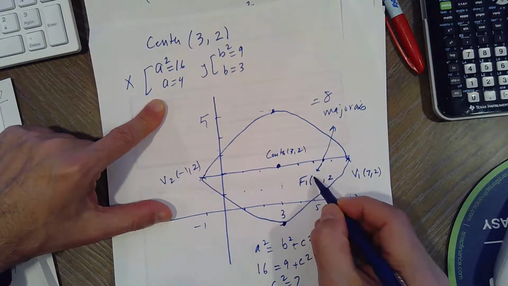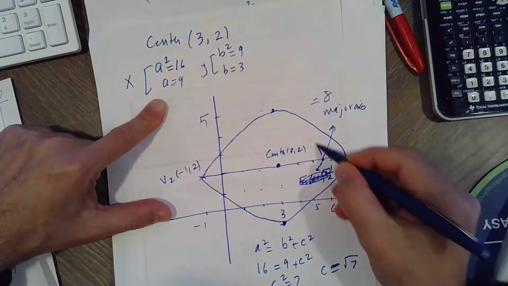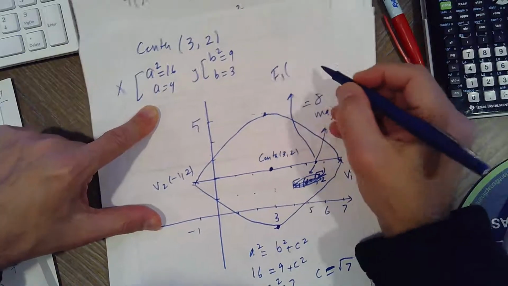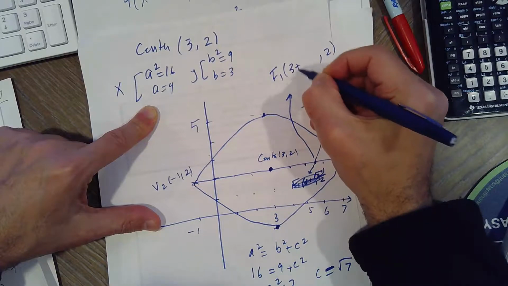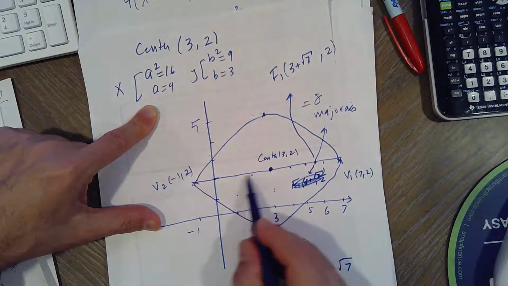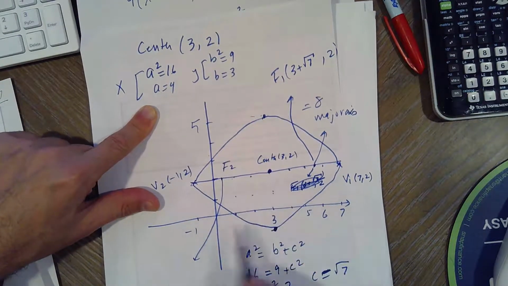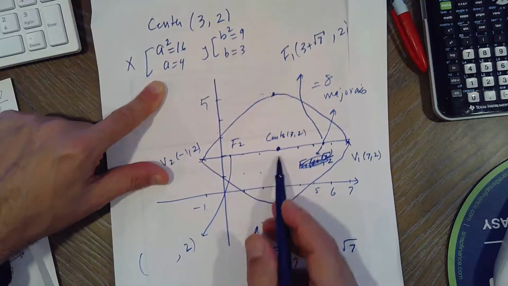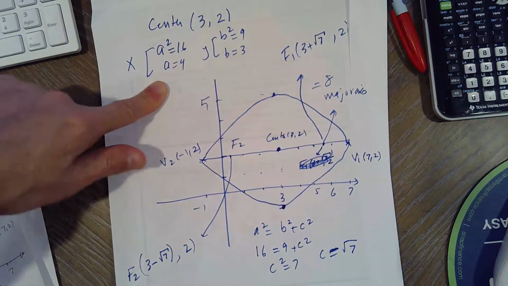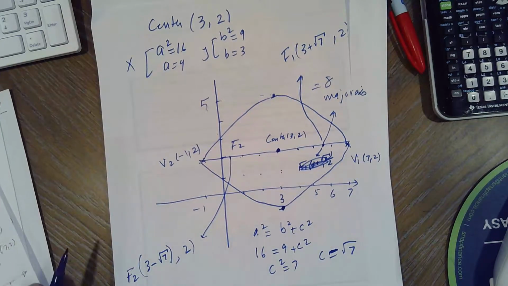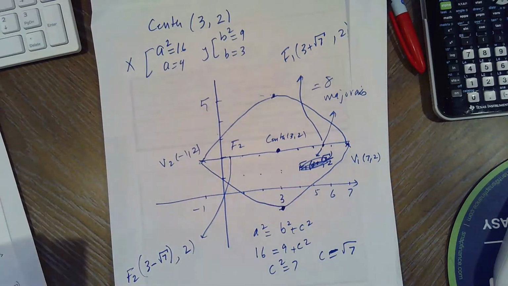The y value is just like the y value of the center. Here, let me write it right here. F1, the y value is at 2. The x value, we started at 3, we moved to the right, root 7 units. 1, 2, so the second focus is right here, F2. The y value is 2, the x value, you started at 3 and you subtract root 7 because you went to the left. And that's it. And the next section talks about the hyperbola, which we will do